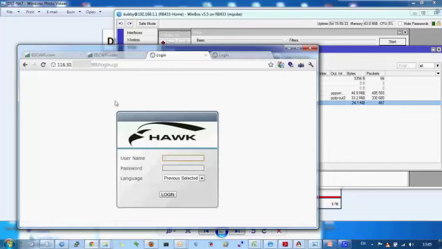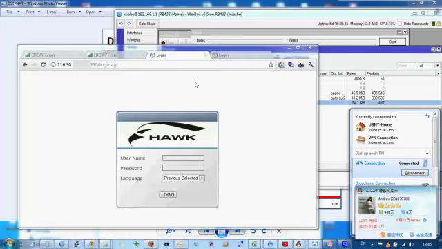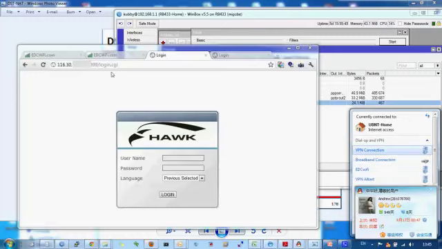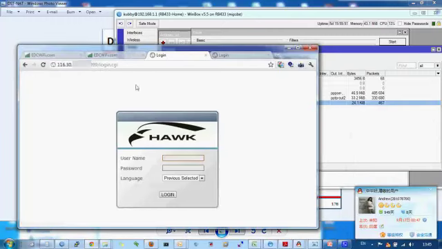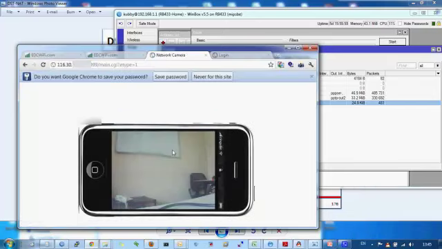Now my IP camera can be accessed from outside or from inside the local area network. I will disconnect it again. I will try to log in. This is my camera.